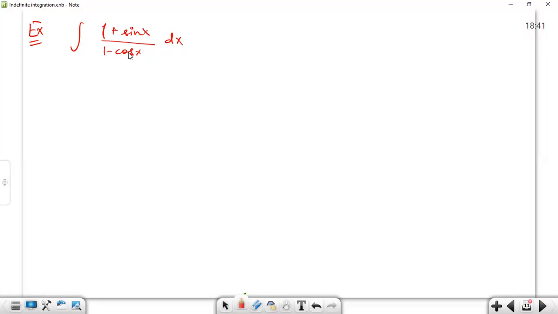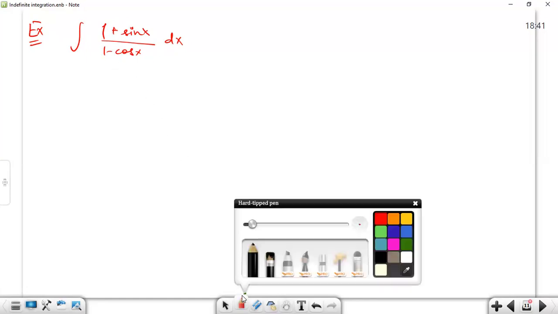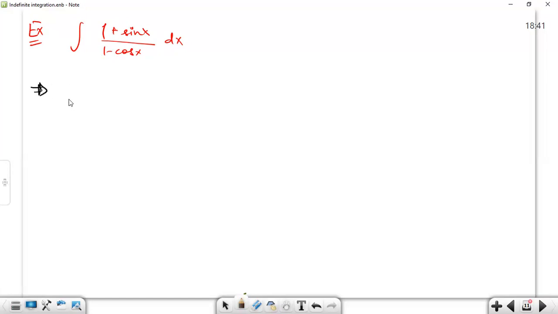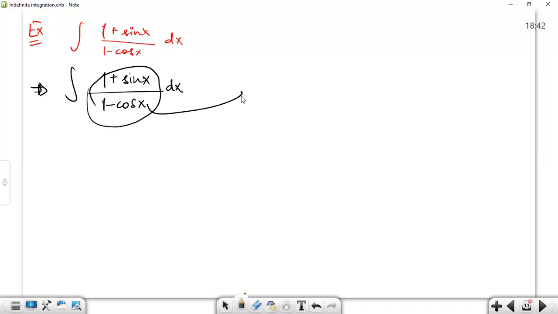So in this question, we have to evaluate this differentiation. First, what will we do? If we are not able to directly apply any prior knowledge of formulas or tools here, let's first simplify the function so that we'll be able to solve this. 1 plus sin x on 1 minus cos x dx. Let's take this function out, then we will put the other function back in this. So 1 plus sin x upon 1 minus cos x can be written as